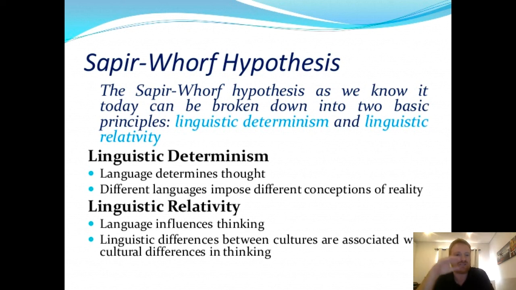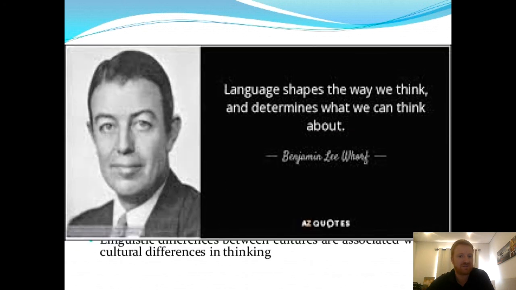So we've ruled out linguistic determinism essentially, but there is this other element which is called linguistic relativity, which is basically a watered down version of linguistic determinism. And it says that language influences your thinking. It doesn't determine it, but it influences it. And that also these language differences between cultures can potentially be associated with at least some of the cultural differences in thinking. So here's some examples of this, where we do know that the way that a language is designed influences how people think. It doesn't determine it, but it influences it.